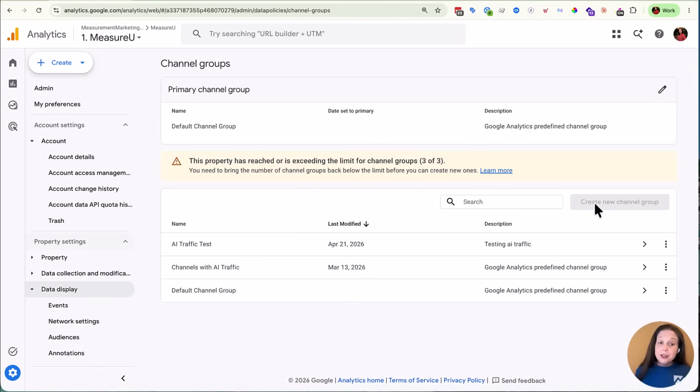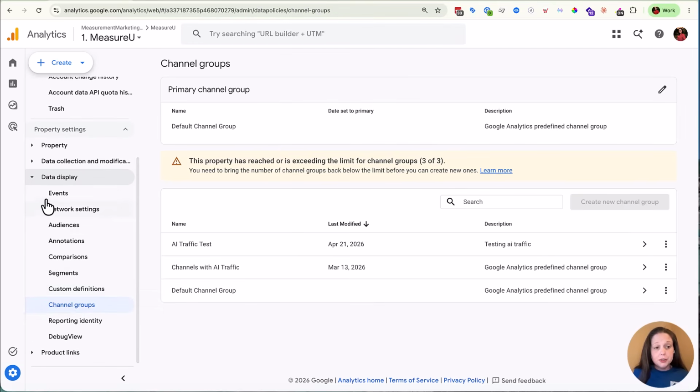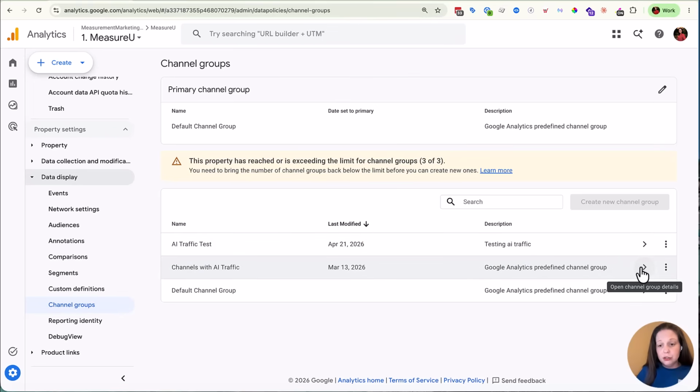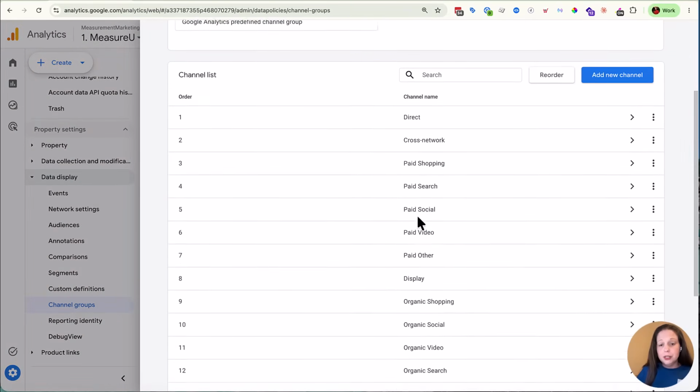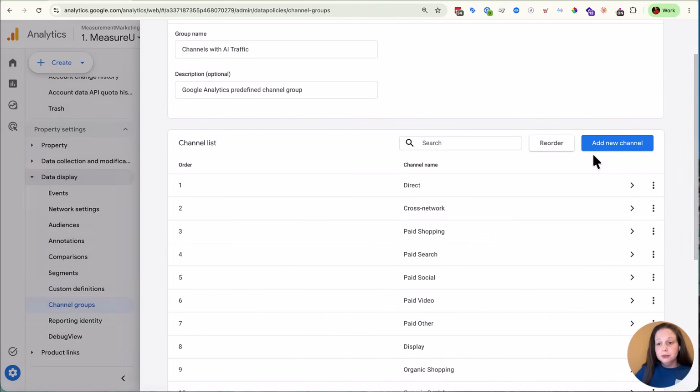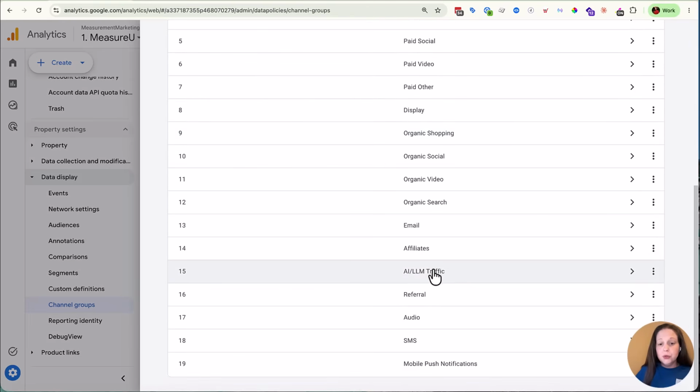All right, so we are here inside of Google Analytics 4, and we're going to start here in case you may not have set this up or you just need a refresher of what you did. We are inside of our channel groups under data display, and I actually have two here. As you can see, there's only 3 that you can do. I did this for our own selves, and then we taught it about a month later, so that's why we have 2. Just as a quick refresher, what you probably did is you went through here and created a channel, and then you made sure your channel was above referral. Those are your 2 steps.